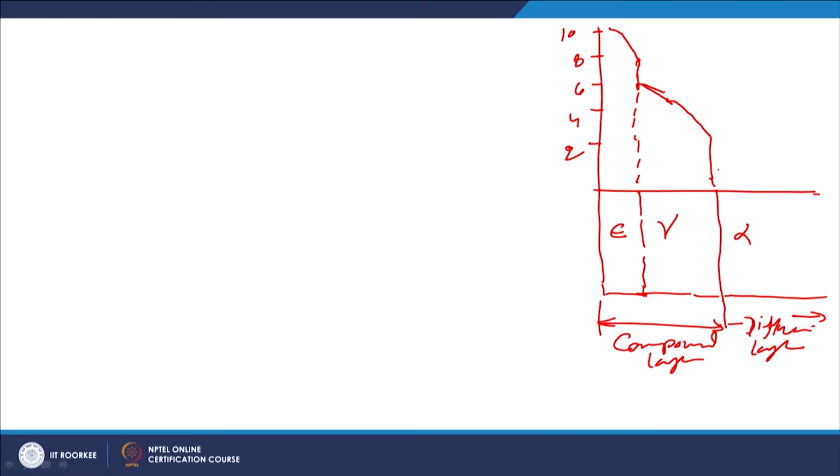So, the second zone actually starts somewhere at 5%, and then like this zone. So, here these compound layer zones will have the higher nitrogen concentration,